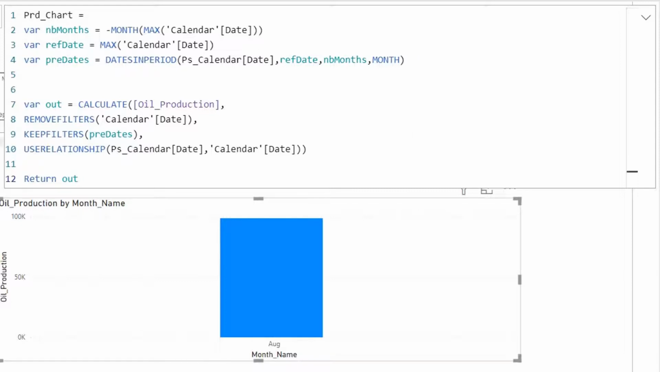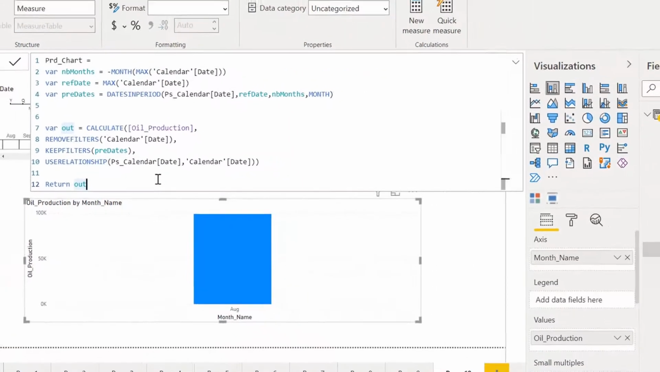It is true that this date in our production is not bringing the filter from the timeline into my chart, but the date selected in our timeline is used to create another set of dates through this variable to provide for my calculation. So that's why I remove the filters from my calendar, but I take filters that I have created inside this variable to provide to this calculation. And also we need to use the relationship between the two calendars. So if I hit enter,